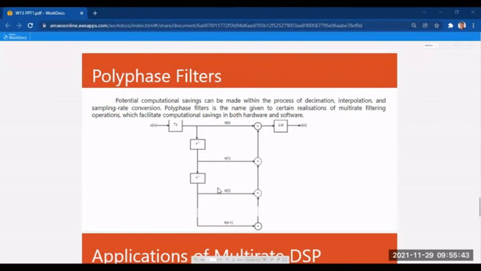To make the scheme more efficient, the low-pass filter is replaced by a bank of filters arranged in parallel as illustrated in the diagram. The sampling rate conversion process is undertaken by the multiplexer at the output by selecting every MT over L samples. In this example, the efficient realization is illustrated for a signal which is